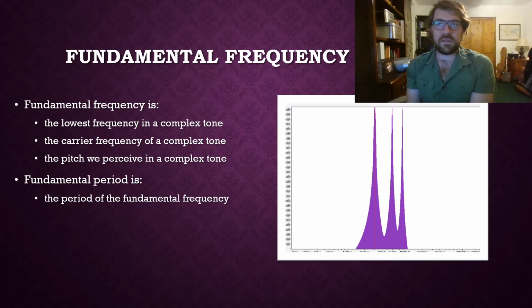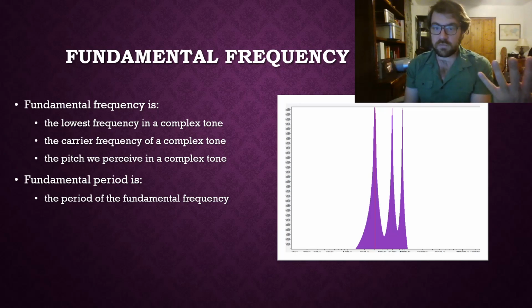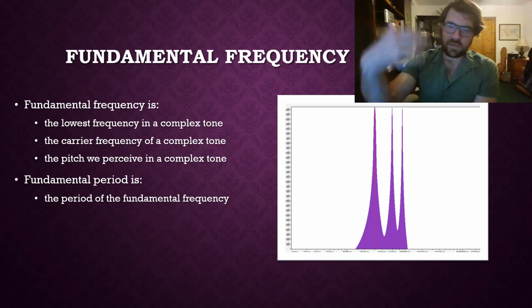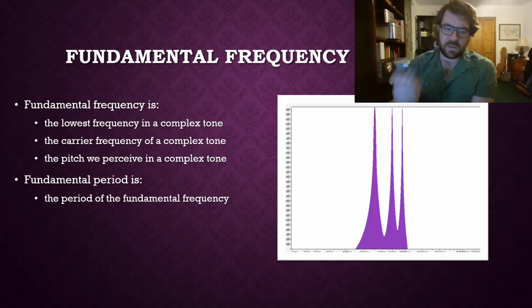What I mean by that is, as a sound pressure wave moving through the air, 300 hertz is the main pressure wave that is moving through the air. 600 and 900, of course, are as well. They're embedded within that pressure wave. But the 300 hertz tone is the strongest one that's moving through the air. And then lastly, 300 hertz tends to be the pitch that we actually perceive in a complex tone. So if we were to listen to this, and actually we can do that,